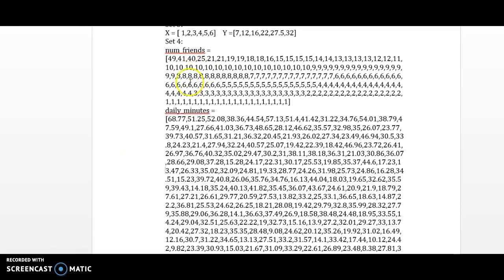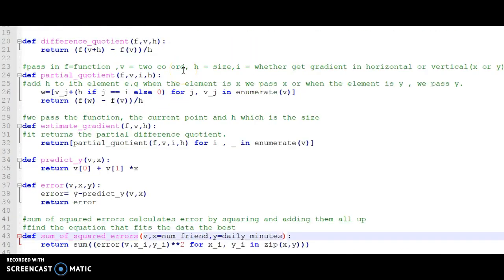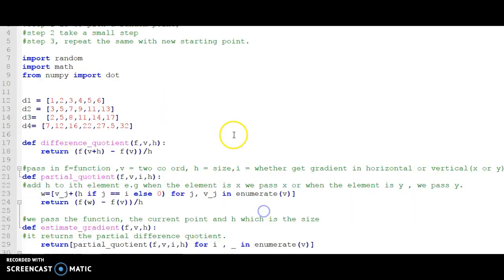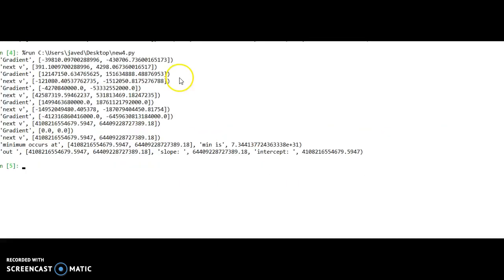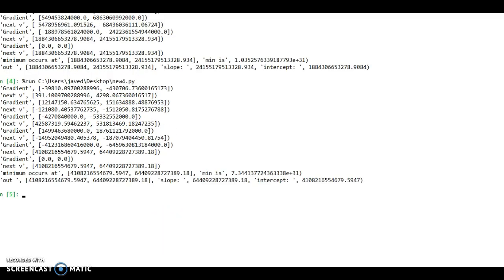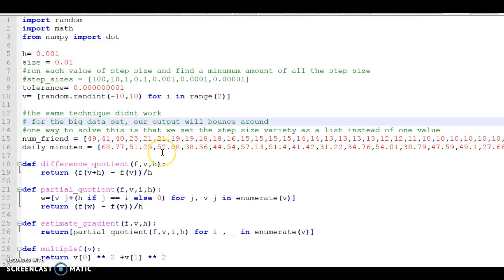The final data test we have to test is these two here. I'm just changing my function to test these two now. This doesn't quite work because, as you can see, the range between the values is very big. It's going into minuses and then it goes back into positive numbers. So basically our output is bouncing around. The same technique doesn't work with this data set. It's too big, and one way to solve it is